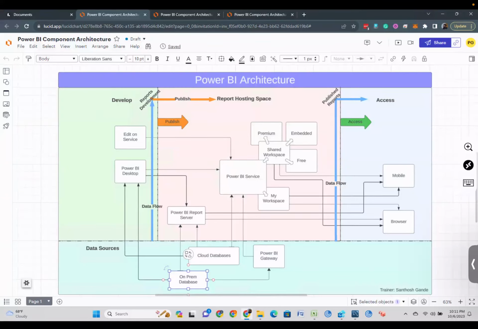When it comes to data, there can be two kinds: one is an on-prem database, one is a cloud database. A cloud database can be Microsoft Azure, AWS, or Google. All these databases are already in the cloud, so they are reachable via browser. Or it may be something like an on-prem SQL Server that is not on the cloud. Whatever the database is, that connection is needed during development, without which you can't develop